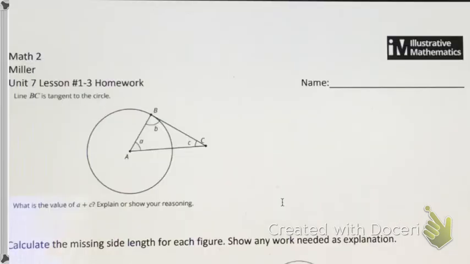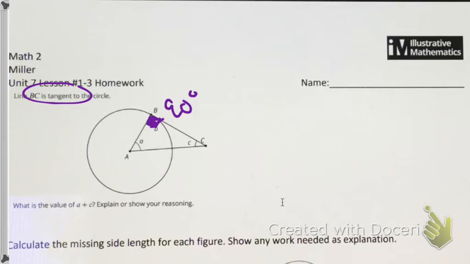Let me come over to the tangent idea. This is from lesson 3. So if there's a tangent, the tangent angle is always 90 degrees. So angle B is always going to be 90 degrees. Always, because they said BC is tangent to the circle. So if that's 90 degrees right there, a little square angle,